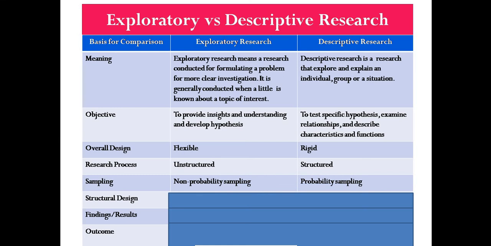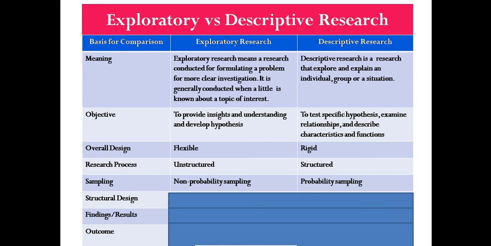Sampling: non-probabilistic sampling in exploratory research, and here it is probabilistic sampling. What is probabilistic sampling? Each and every item in the universe has an equal chance of being selected. For example, just now we took the example of exit polls. When agencies conduct an exit poll, they collect data on which party you have voted for and which you have not. Here each and every individual who is a voter in Punjab or Himachal Pradesh or Uttar Pradesh or India has an equal chance of being selected in that sample. That is probabilistic sampling. But non-probabilistic sampling is not like that.